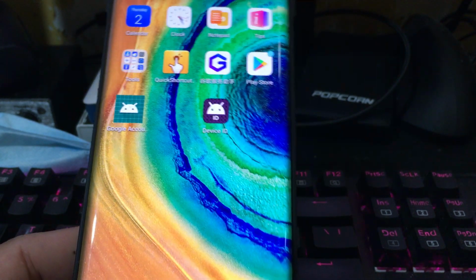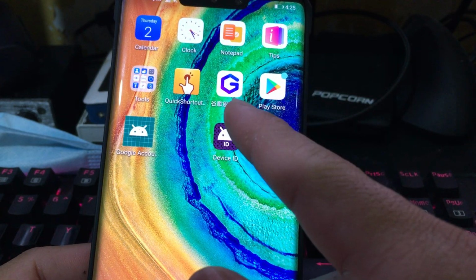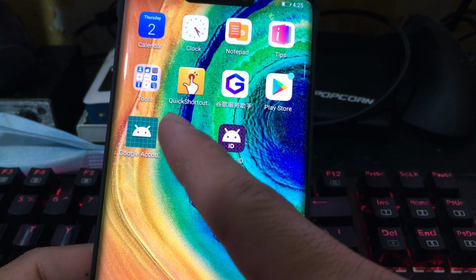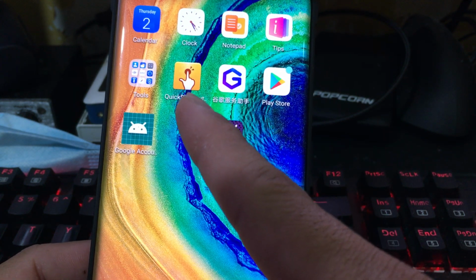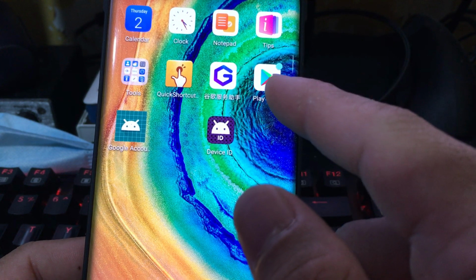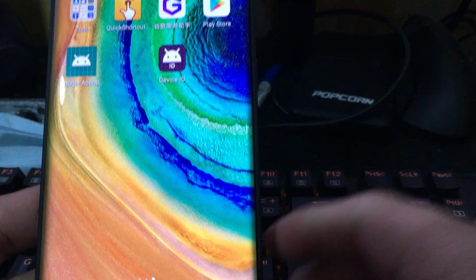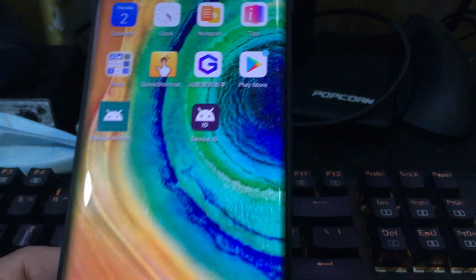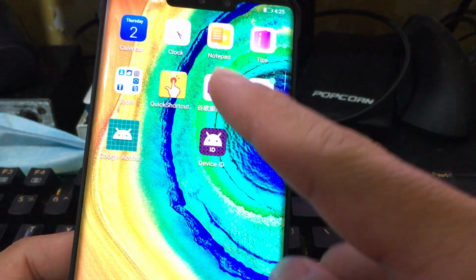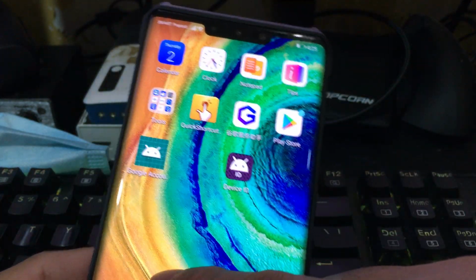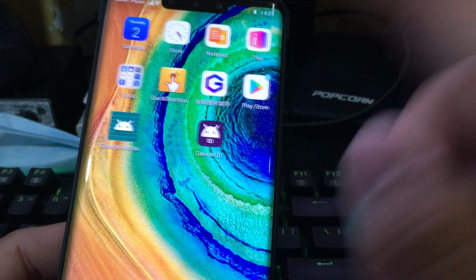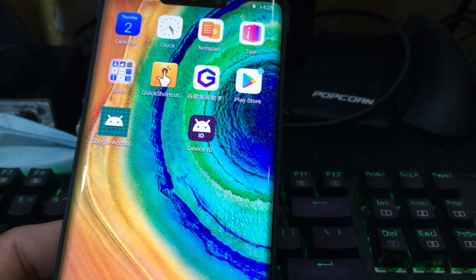So here, as you can see, we already have the LZ Play, quick shortcut maker and the Play Store. What I'm gonna show you is that we won't be resetting the phone, but we will be uninstalling all of the things that we did here just to reverse the process. Okay, so in that case,